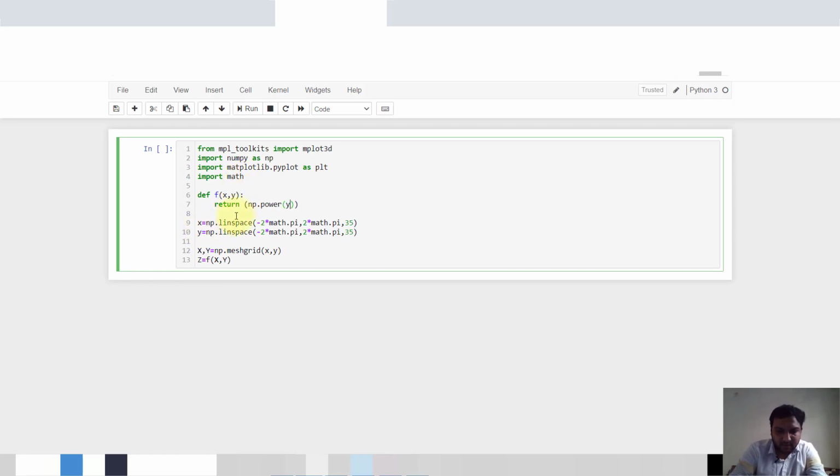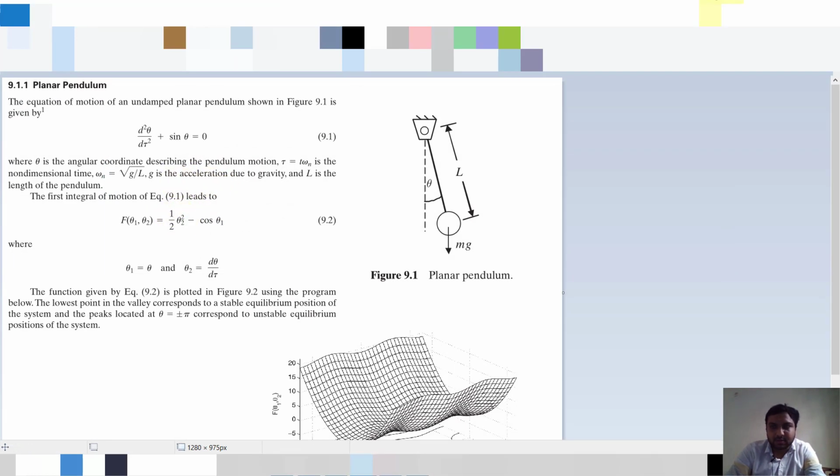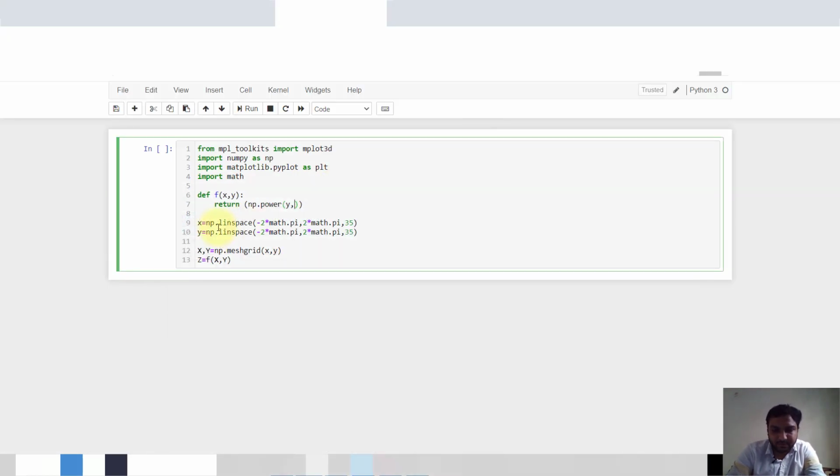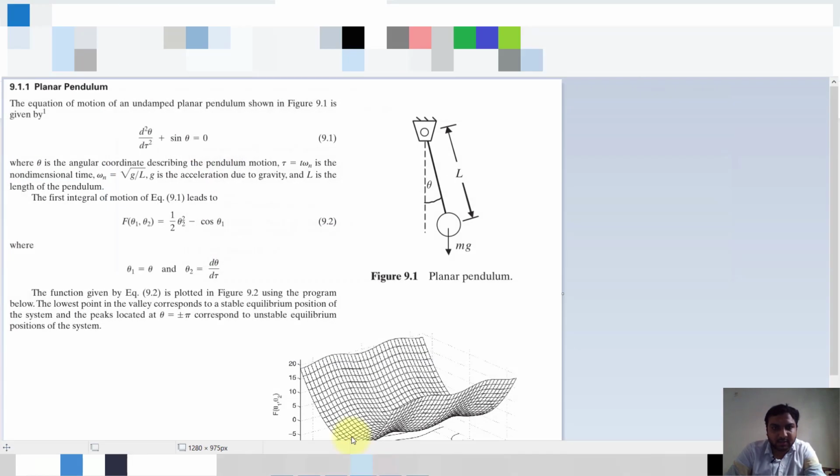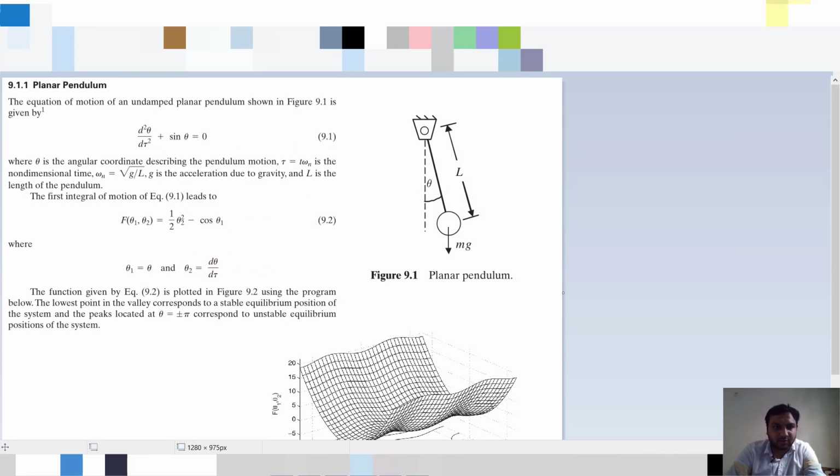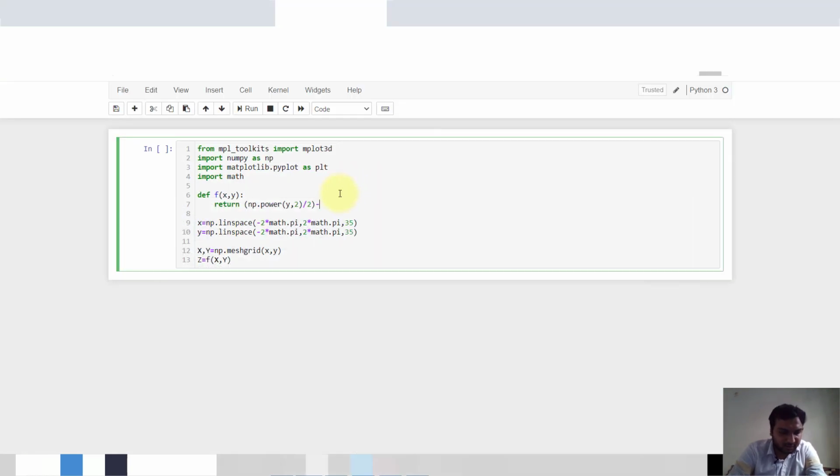So y power 2, and we will divide it by 2 and minus cos theta 1. So this is our x value. So np.cos of x.